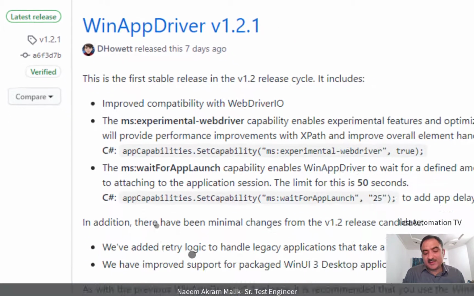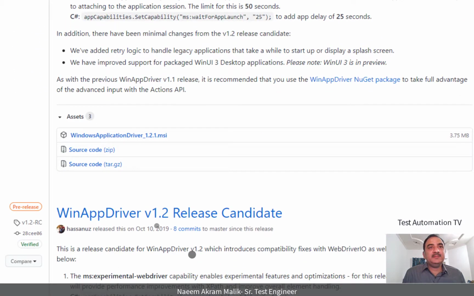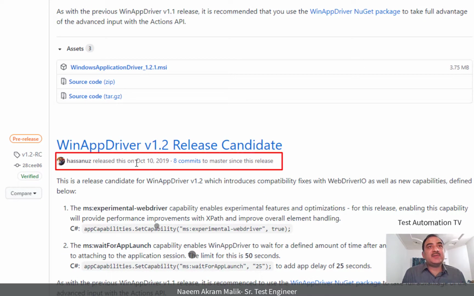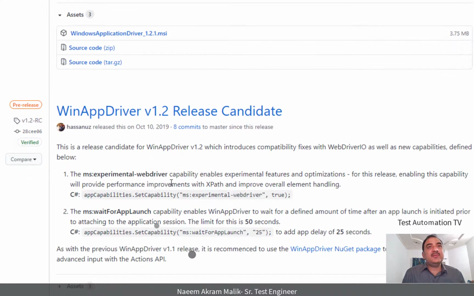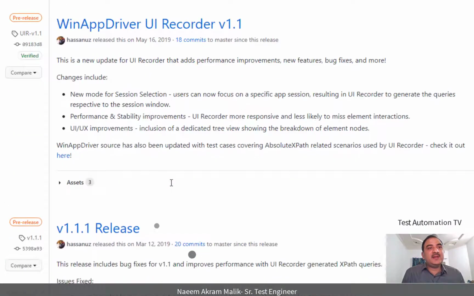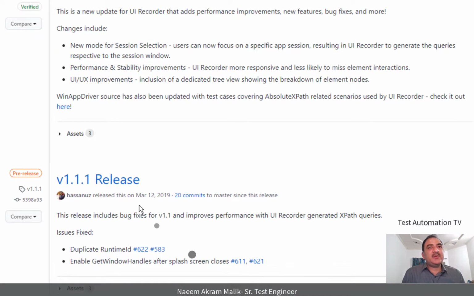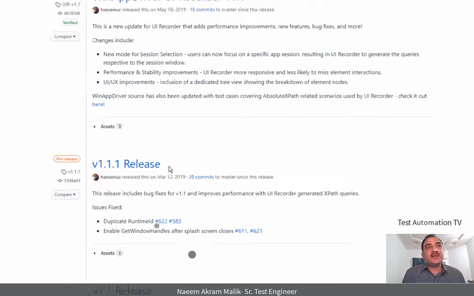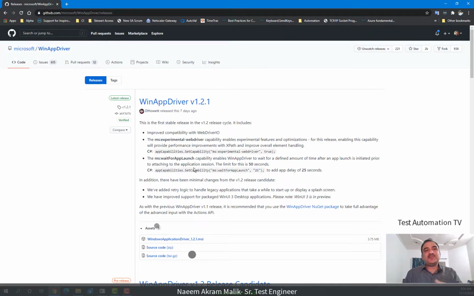If you look at the releases page on GitHub, you will see that the last release candidate was on 10th of October 2019. That was more than a year ago when a release candidate was created. And the last stable version of WinApp Driver was, if you see there, this pre-release version 1.1.1, on 12th of March 2019. And this project was in kind of a limbo, and everybody including myself was very worried